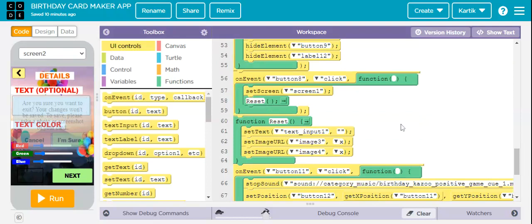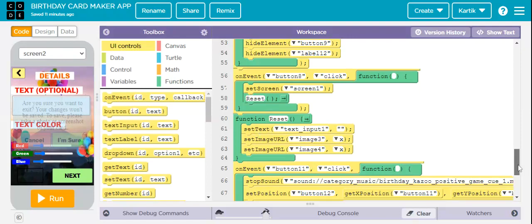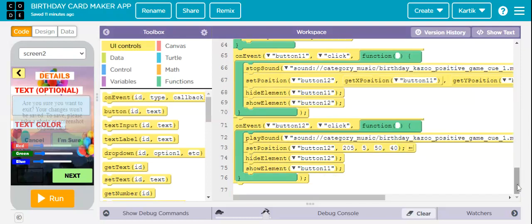So here I have declared one function which is named reset. This function will set text input 1 to nothing, and then set image URL image sheet to x and x is empty, and then set image URL image 4 to x2. Okay,